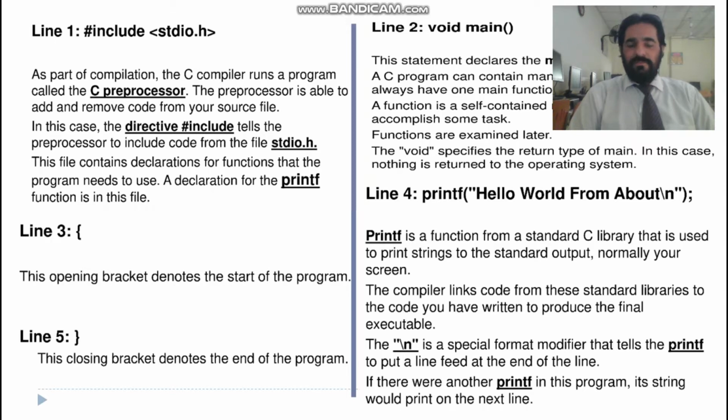Backslash n: in the previous lecture we saw that backslash n is a special format we use to print our data on a new line. If there were another printf statement, you could move your data to a new line. This is the basis.